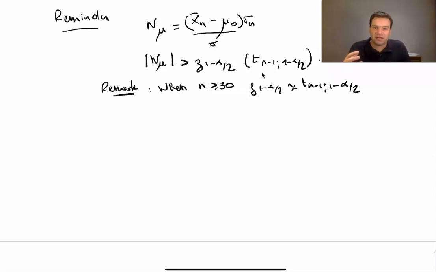We are in this case where the student distribution and the standard normal distribution are really similar. Obviously, this value 30 is subjective, and it could be another value in another course, but we can say here